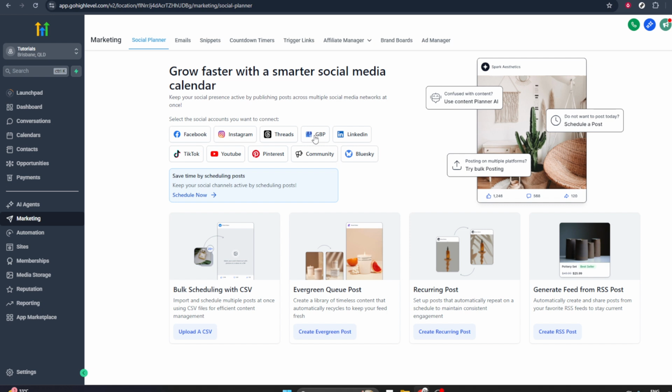Once you've completed these prompts, you'll be brought back into Go High Level and your Google Business profile should now be connected. From here, you can start creating and scheduling posts in the social planner and they'll go straight to your Google